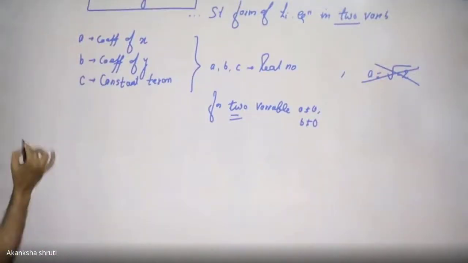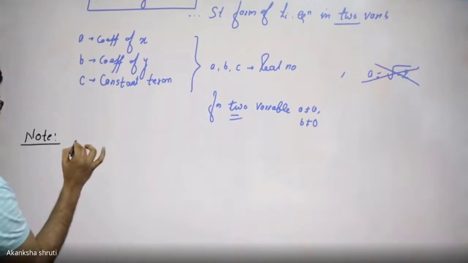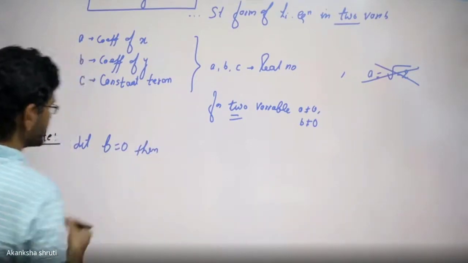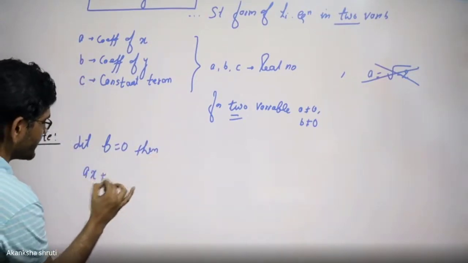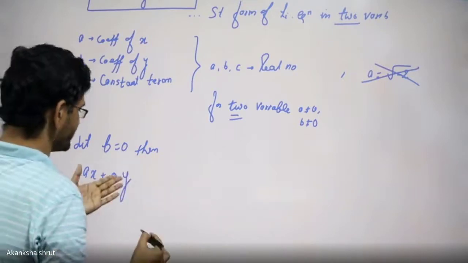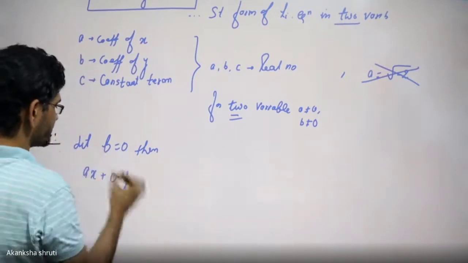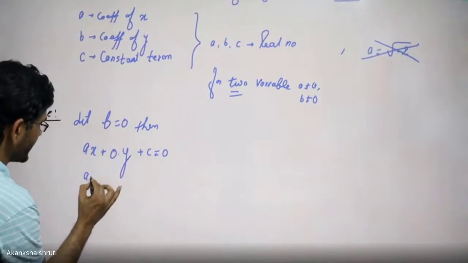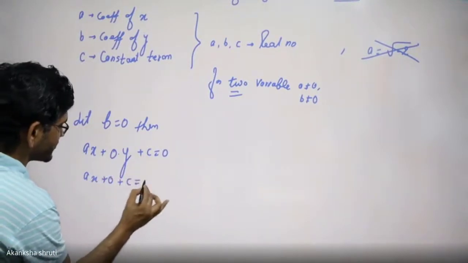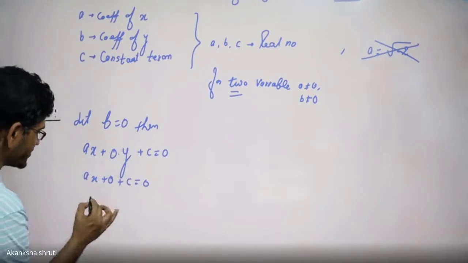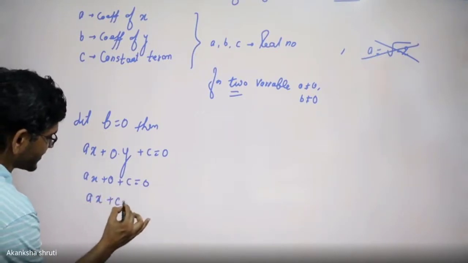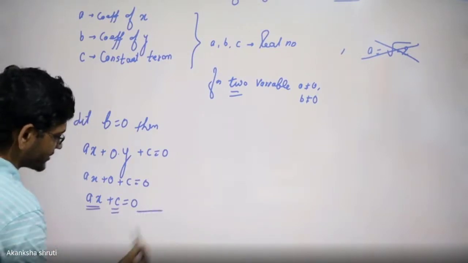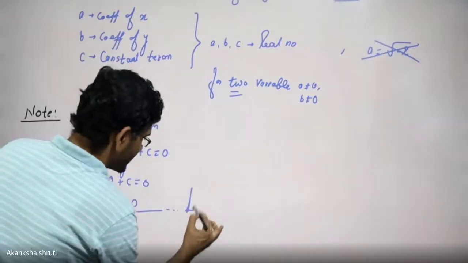So write down a note here, students. Let us consider this b value is 0. Then it becomes ax plus 0 into y, because the variable y we are not considering 0, the coefficient b we are considering 0, plus c is equal to 0. So it becomes ax plus 0 plus c is equal to 0. 0 added to anything remains as it is, meaning ax plus c is equal to 0. How many variables? Only one variable and one constant. So it becomes the linear